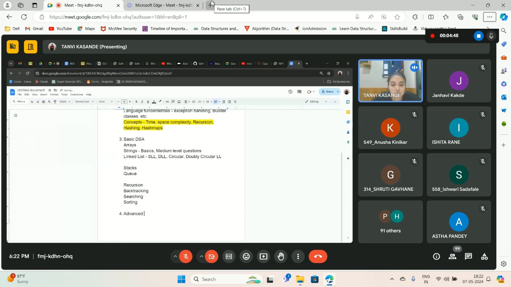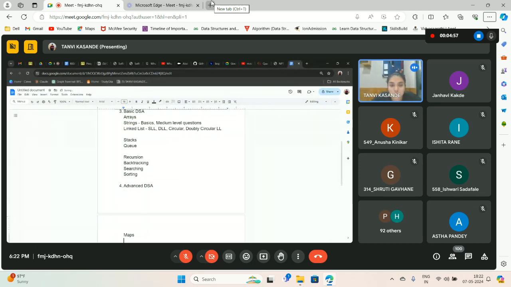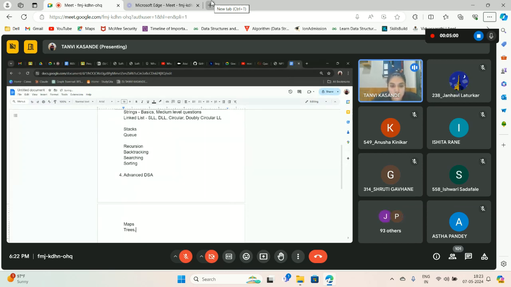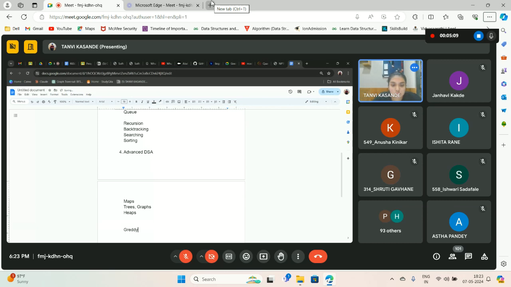Then we move on to advanced DSA. So this will be math. In advanced data structures, you have maps, maybe hash maps, trees, graphs, and heaps.